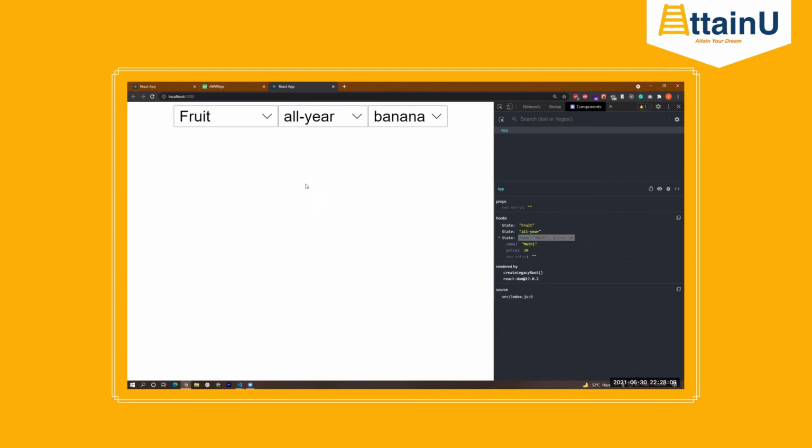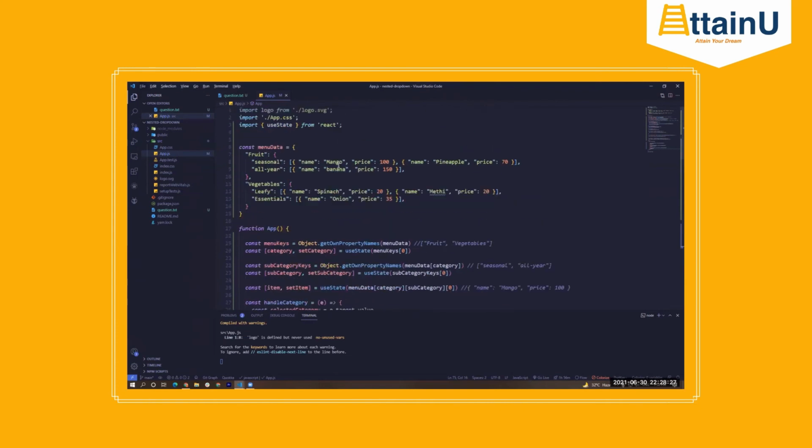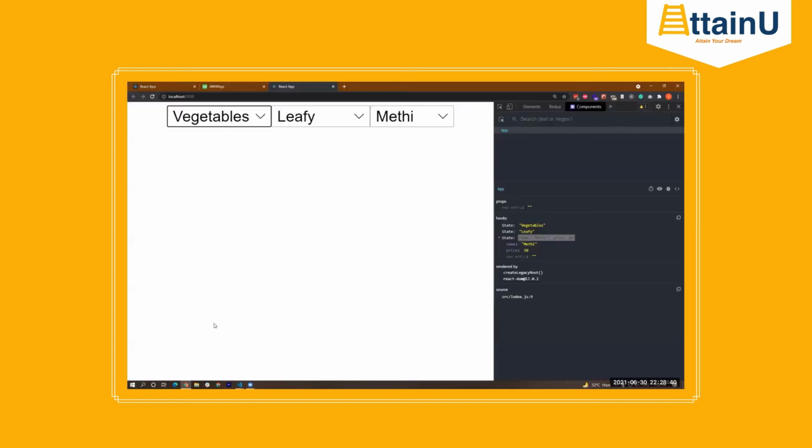So let's dissect it a little bit. Start with the first one. When we change to anything in the first dropdown, whether it's fruit or vegetable, the second level and the third level should also get changed, and they should have the first element itself. Based on this data structure, if we select fruit, the second dropdown should automatically select seasonal, and the third one should automatically have mango in it, if we change only the first dropdown.